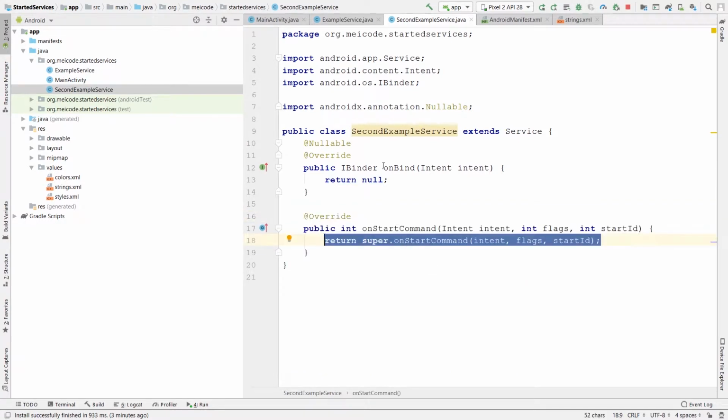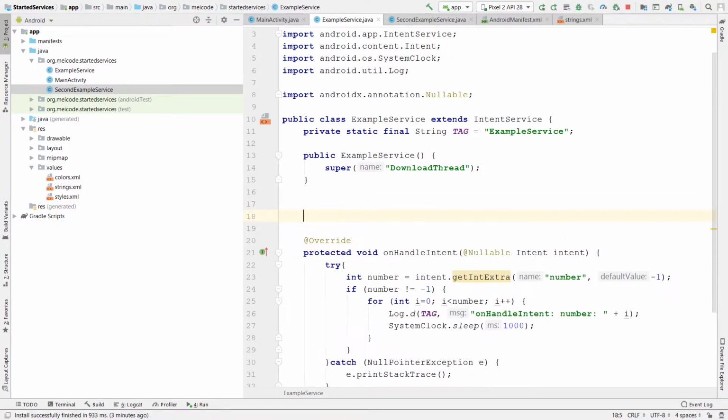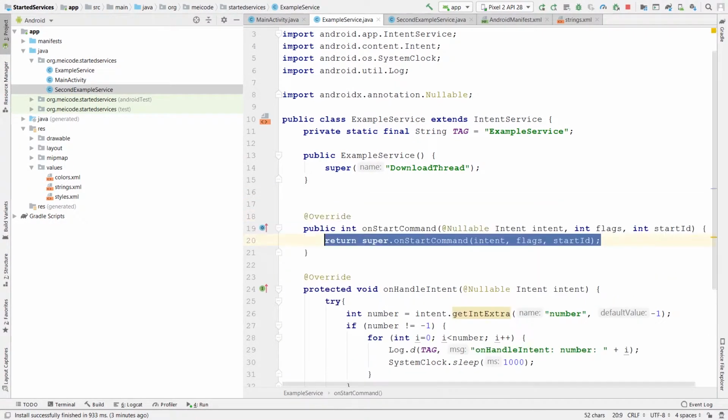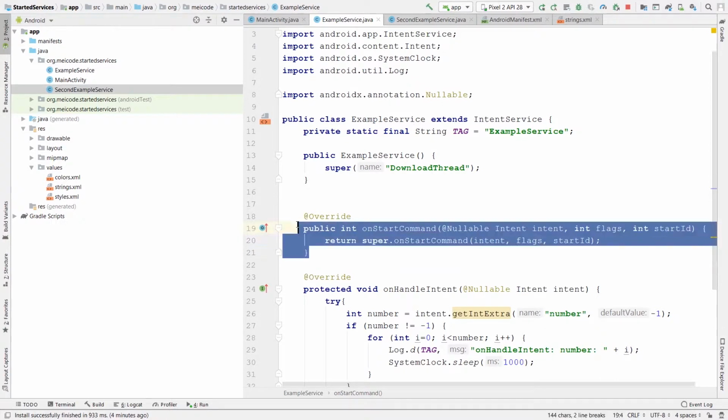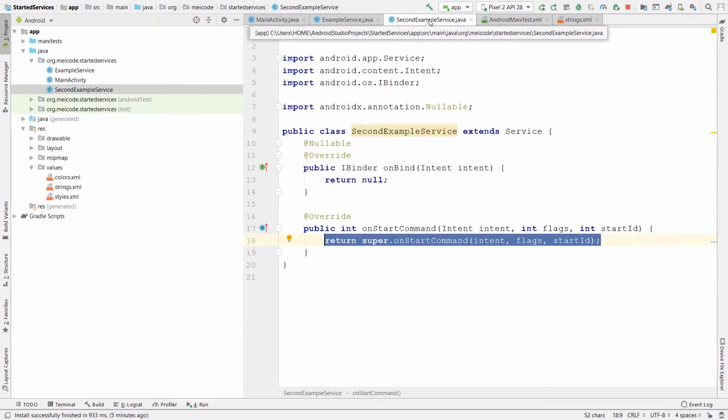Instead I'm going to override another method, and that's called onStartCommand. Essentially we had this method inside the intent service class. If you want to make sure, let's see that. I could have said onStartCommand in here as well. This onStartCommand method will happen before the onHandleIntent. Essentially it will receive all the intents and will pass them one by one to this onHandleIntent. In intent service class we didn't need this onStartCommand because onHandleIntent was an easier way of dealing with the services, but inside the base service class we are going to need that because we don't have the onHandleIntent